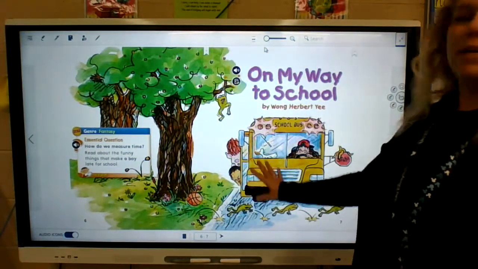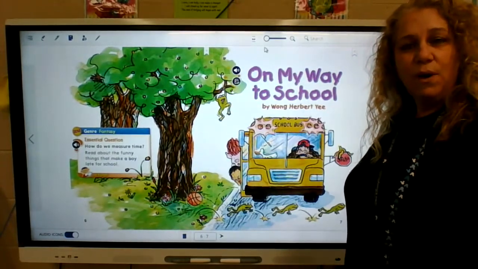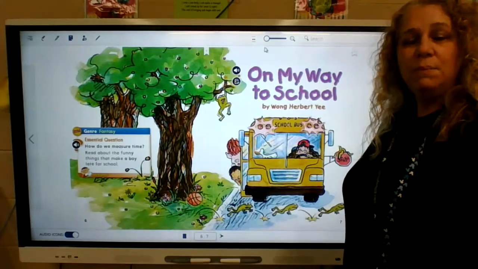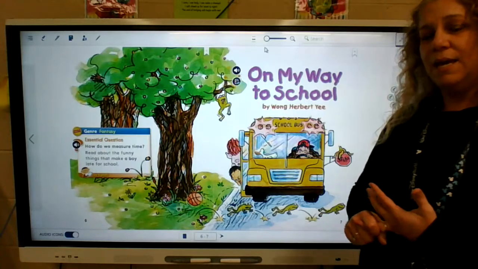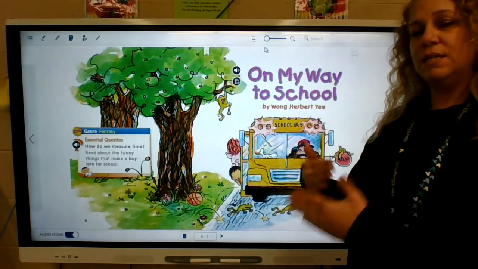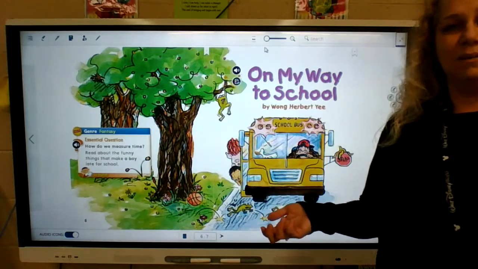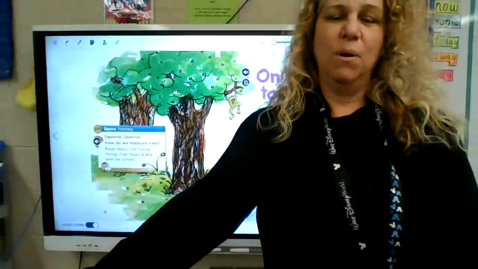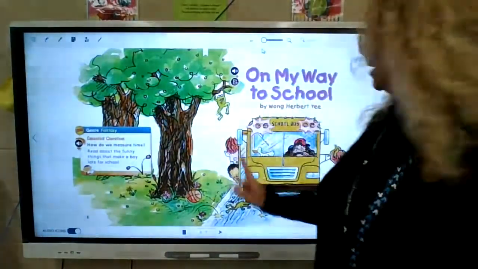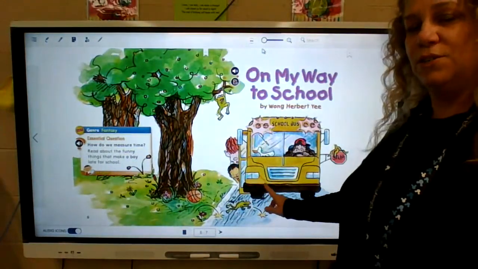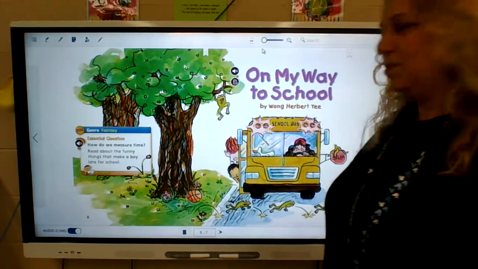Okay? And now what we just did when we were looking at that picture is we were making predictions of what we thought about this story. When we predict, remember, we're looking at pictures and thinking about what it's saying, and then we're trying to guess what's going to be happening next. So now when we read it, we can see if we were right. But we know it's fantasy. We know we're right because it's going to tell us it's fantasy here. But you did the detective work on your own first, didn't you? We looked and decided that before we looked over there.